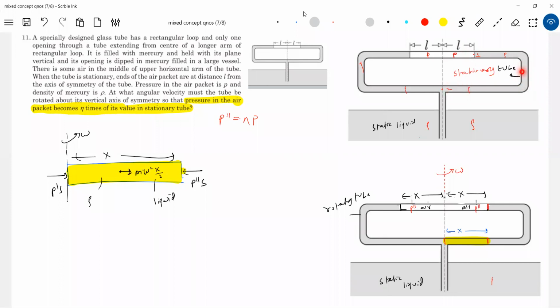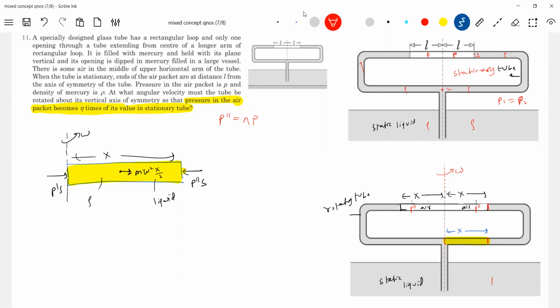Of course, this side will be negligible. That's what he's saying. So what is the pressure at the air? There should be the pressure at the axis. Therefore, from the above diagram, what we write is P1 equal to P2. P2 is at the axis here. Now the point 2 will remain as it is.